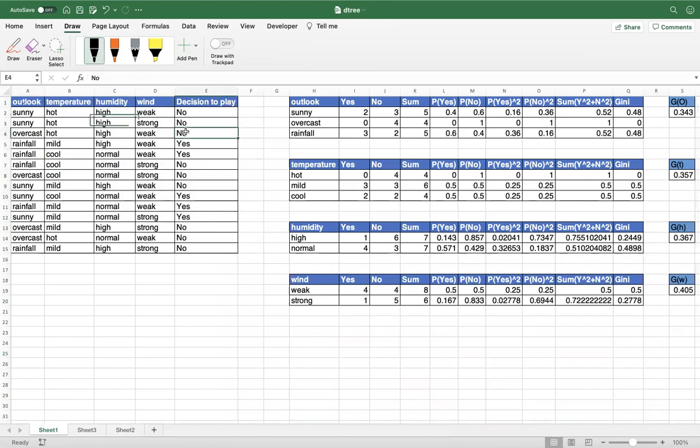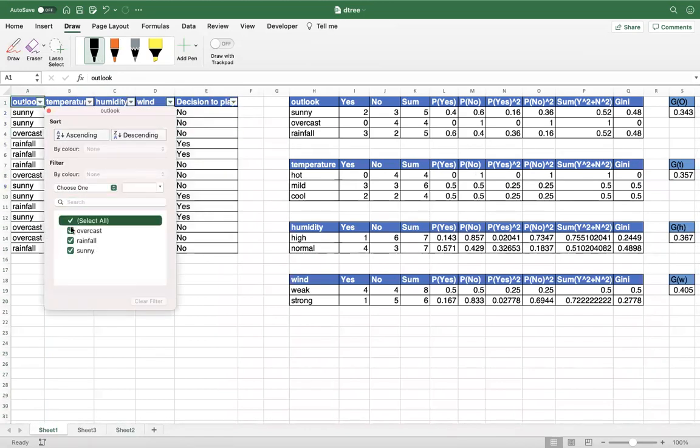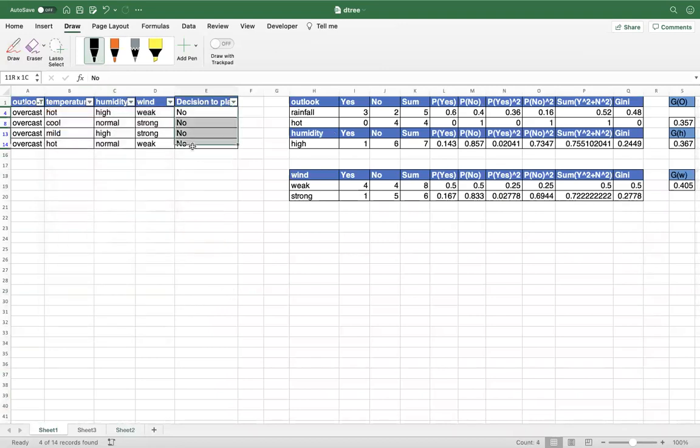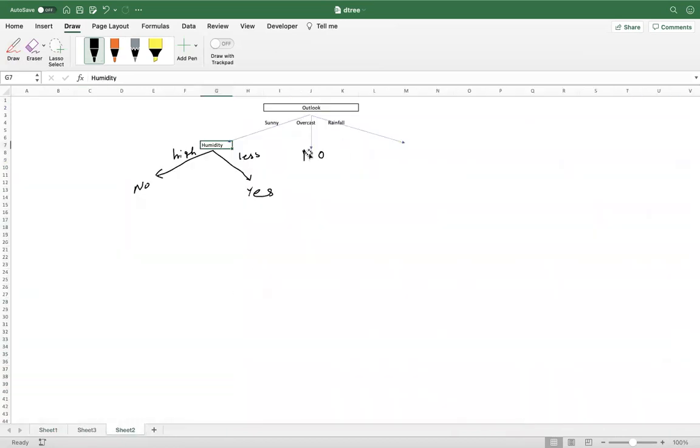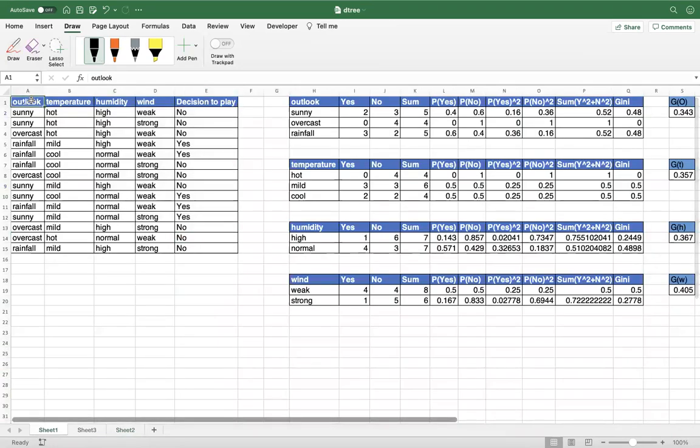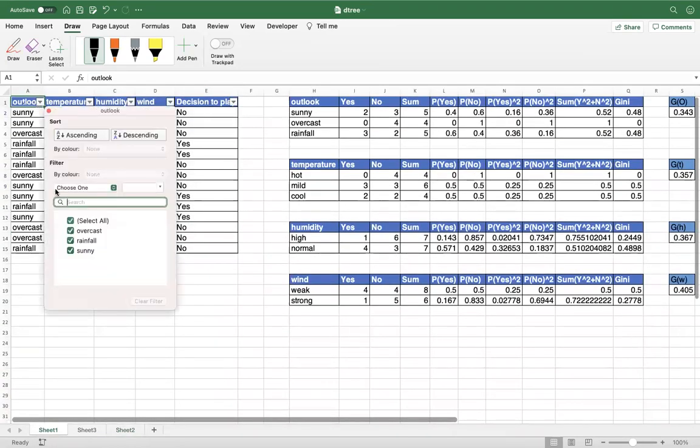Whenever outlook is overcast, the decision to play is yes. So for that, there is no Gini index, because that's already very clear, right? So here you go. In this case, whenever outlook is overcast, the decision to play is yes. Then whenever outlook is rainfall, whenever outlook is rainfall,